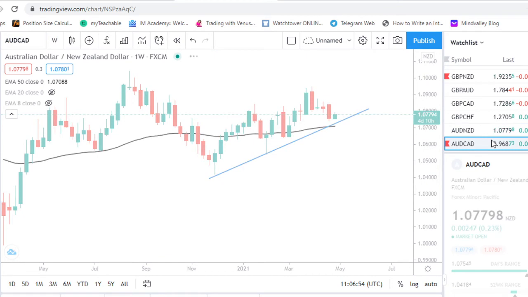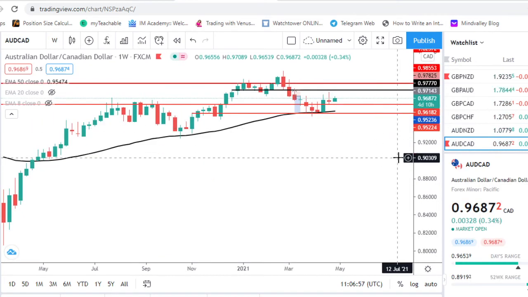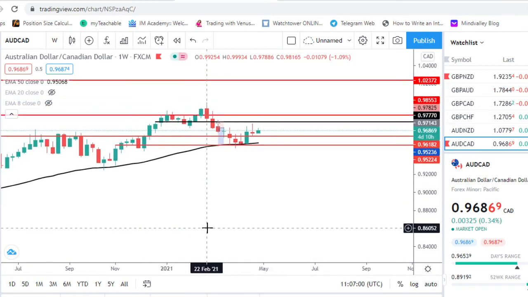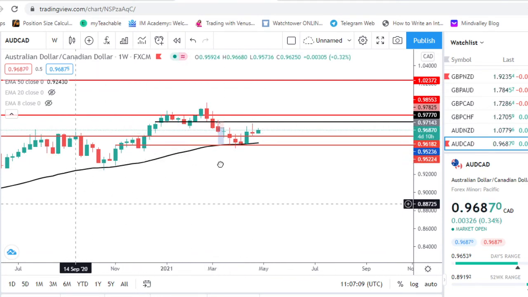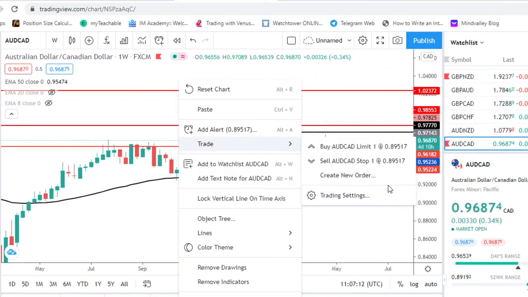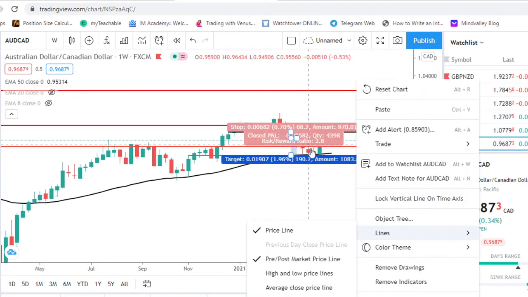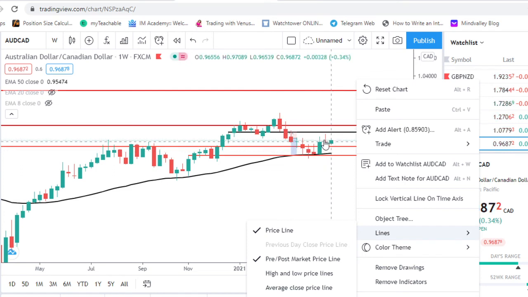And then we have AUD CAD. Well, the whole trend has been up for quite some time, and then we have this coming down and then this pushing up. And last week's candle looks more bearish, so bearish neutral is what I have. Yes, it is still above our moving average, but it may continue to push down, looking at the kind of candles that have been closing for some time now. So bearish neutral is the bias.